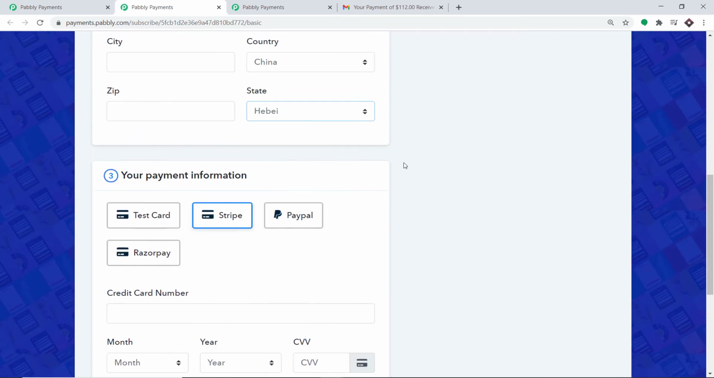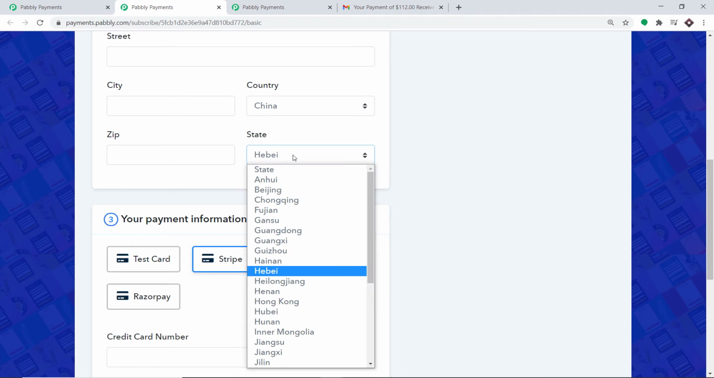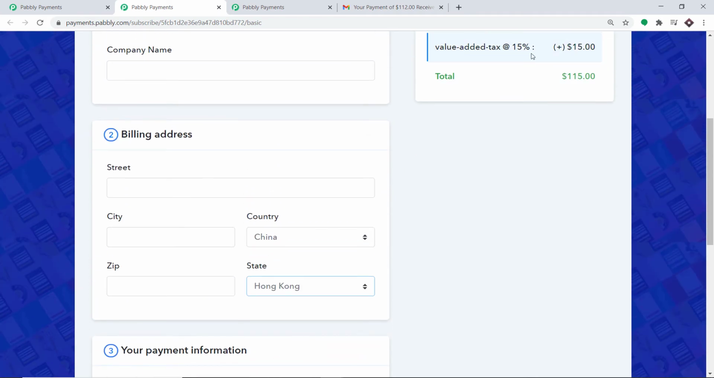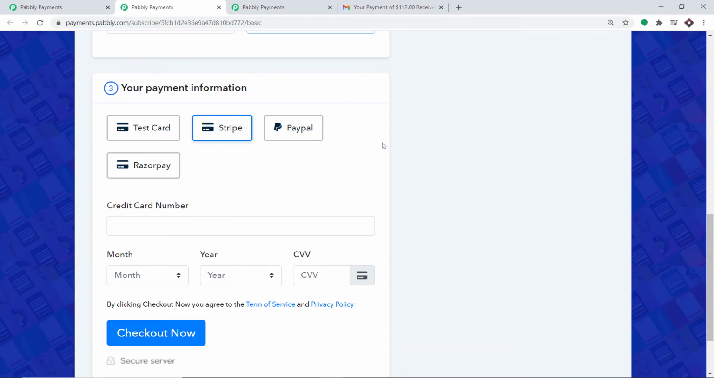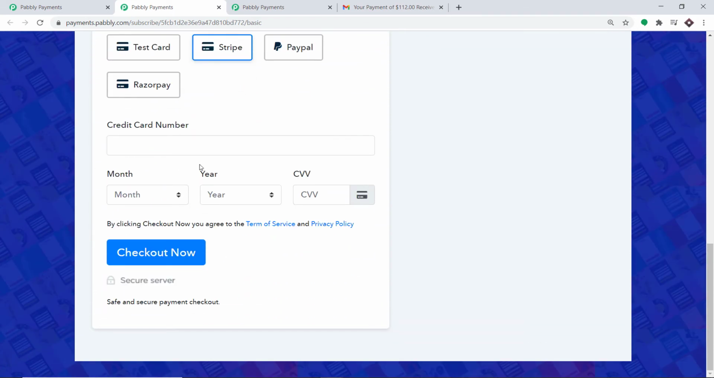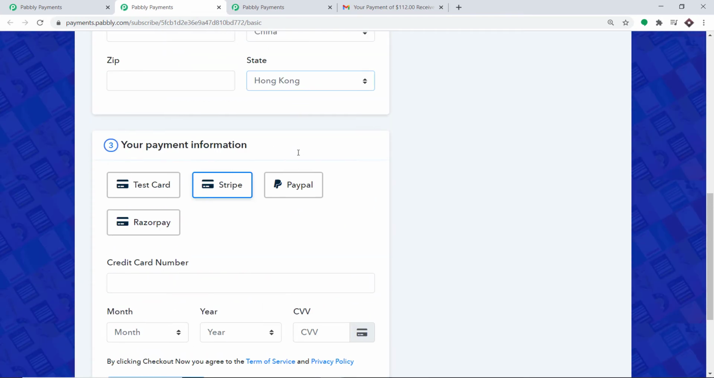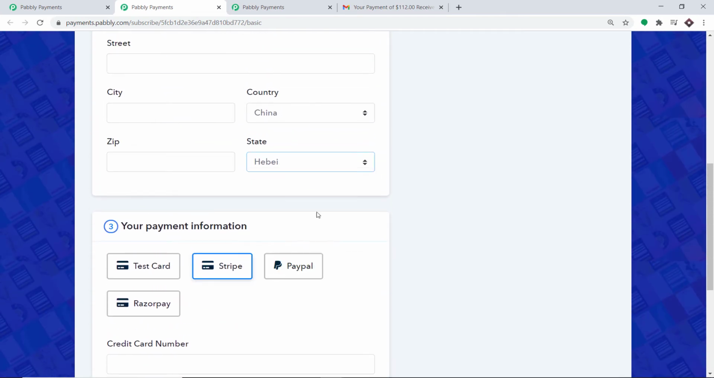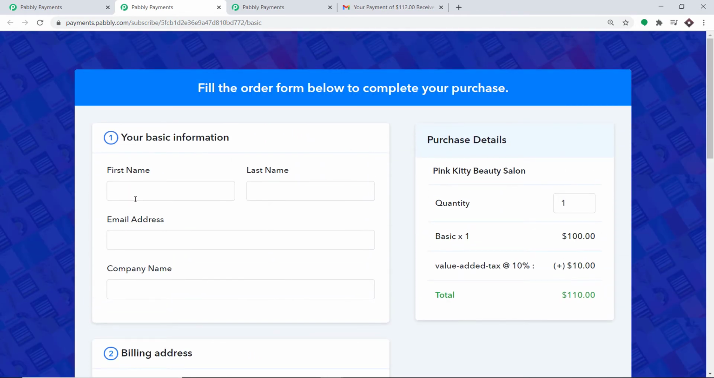How about we remove the state of Hebei and make it Hong Kong. Obviously, we have a value added tax of 15%, but scroll down, and this time we won't find any record tax ID blank. So how about we add Hebei again, and this time let's enter the details: Tiger